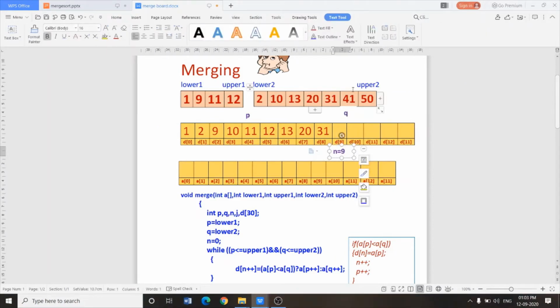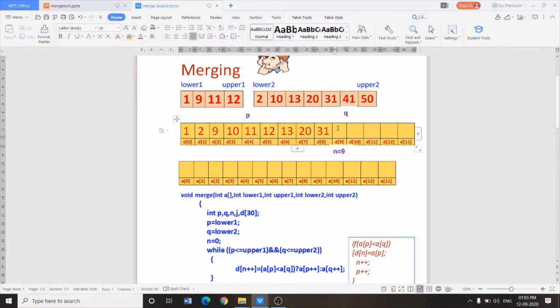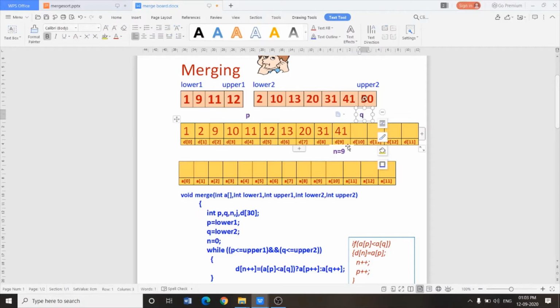Now again Q less than equals to upper 2, yes. So copy 41, increase Q, increase N. So N is 10 now.